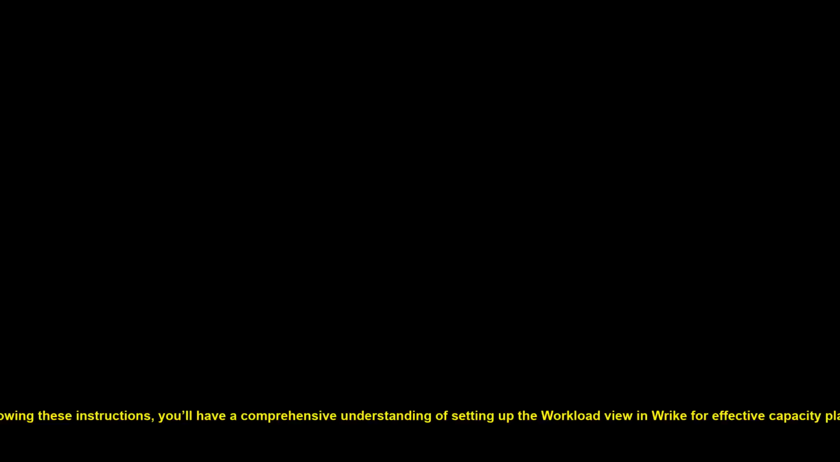To keep track of changes, regularly monitor the workload view. As project demands shift, revisit the setup to adjust team allocations accordingly. Monitor upcoming deadlines and adjust as necessary to ensure project delivery. Utilize Wrike's reporting features to keep all team members informed. By following these instructions, you'll have a comprehensive understanding of setting up the workload view in Wrike for effective capacity